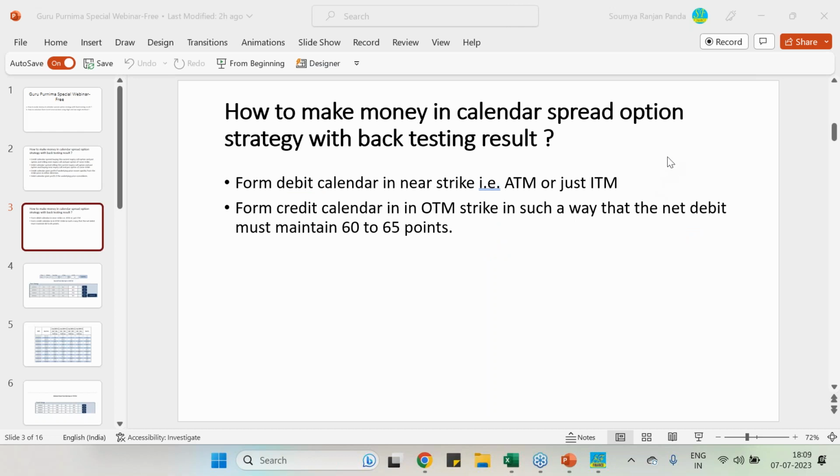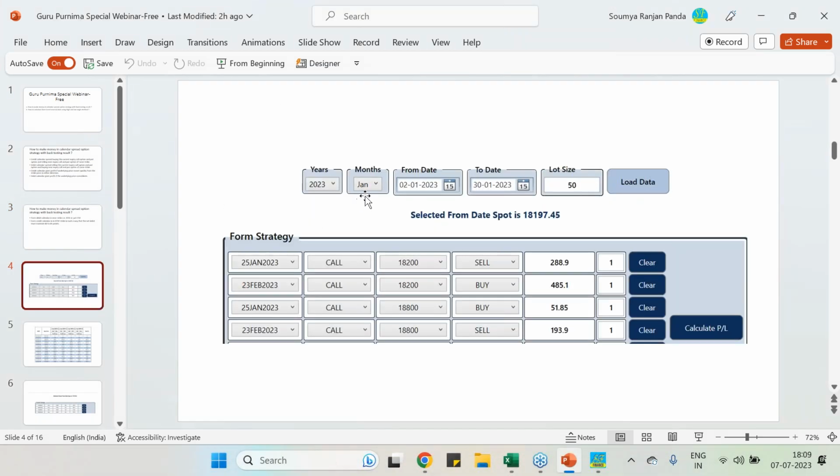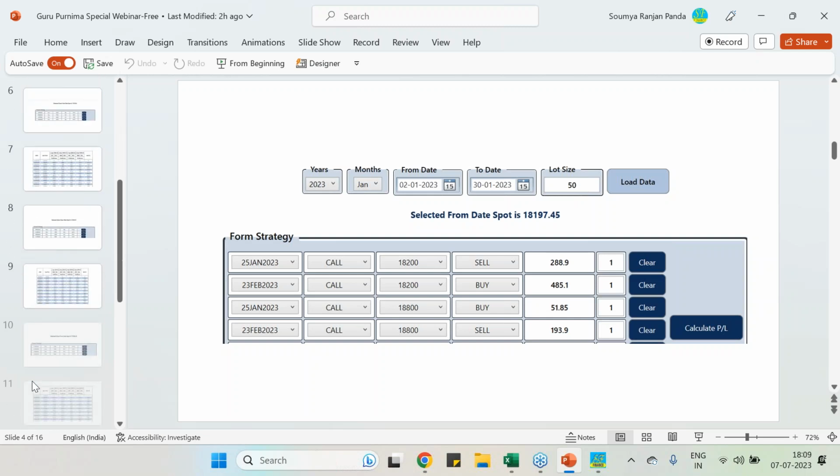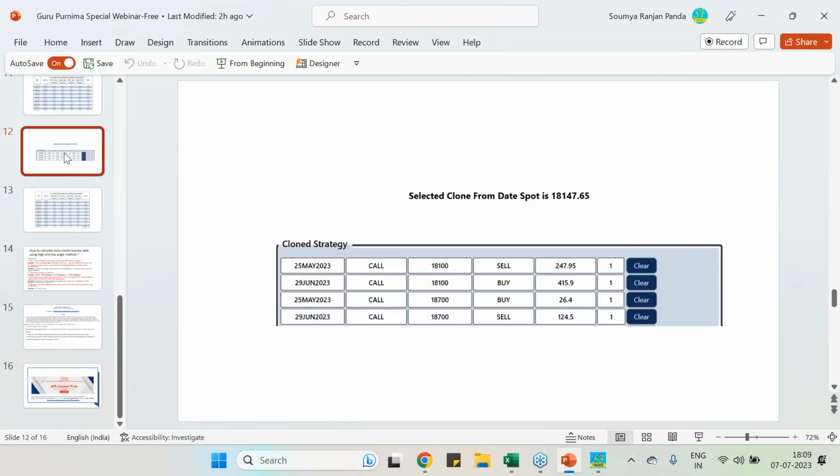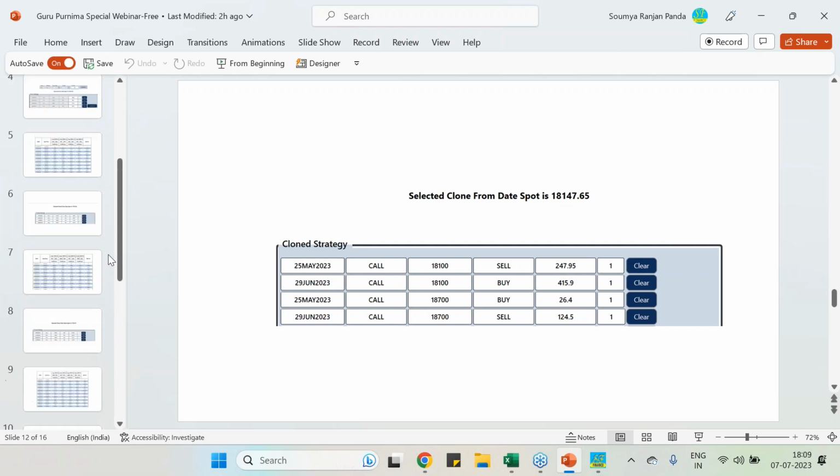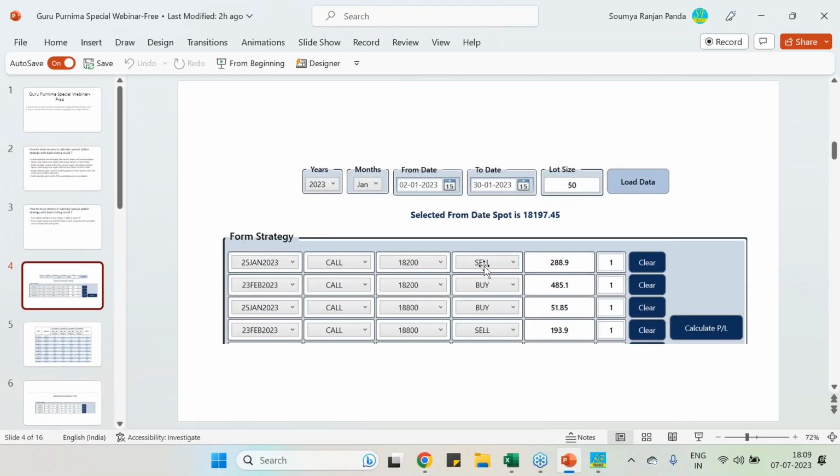So we'll see. Here I have given you a test report from the month of January 2023 till May-June 2023. We have a testing tool, and by this process we are doing it. Here, on 2nd January, because 1st January was New Year and the market was off, the market was there on 2nd January. So on this 2nd January, we found out Nifty is at